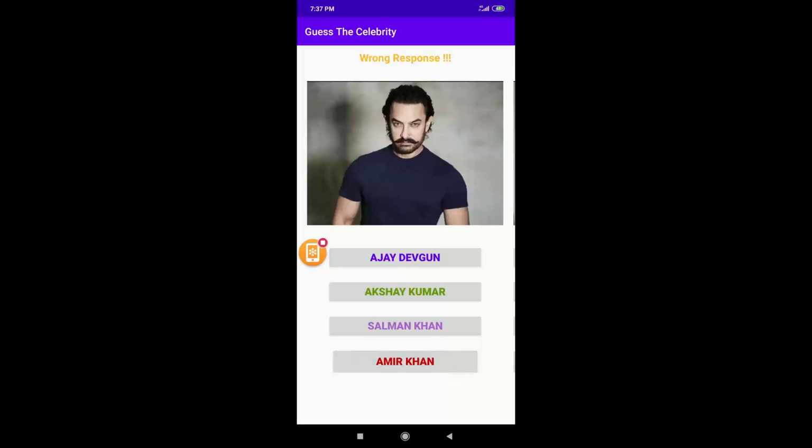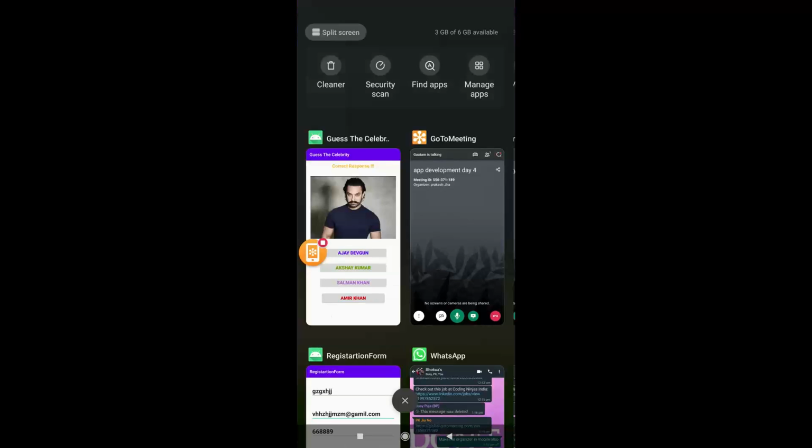But if I choose the correct one, what will happen? I'll get the correct response. So let's understand how this is actually working, I mean, how we can write the logic for this kind of project. And once we have done this, I will give you a little bit harder project, and I hope you all can do it yourselves. So let's do it and understand how this kind of project can be done. I'll switch to my laptop and show you how this project can be done.